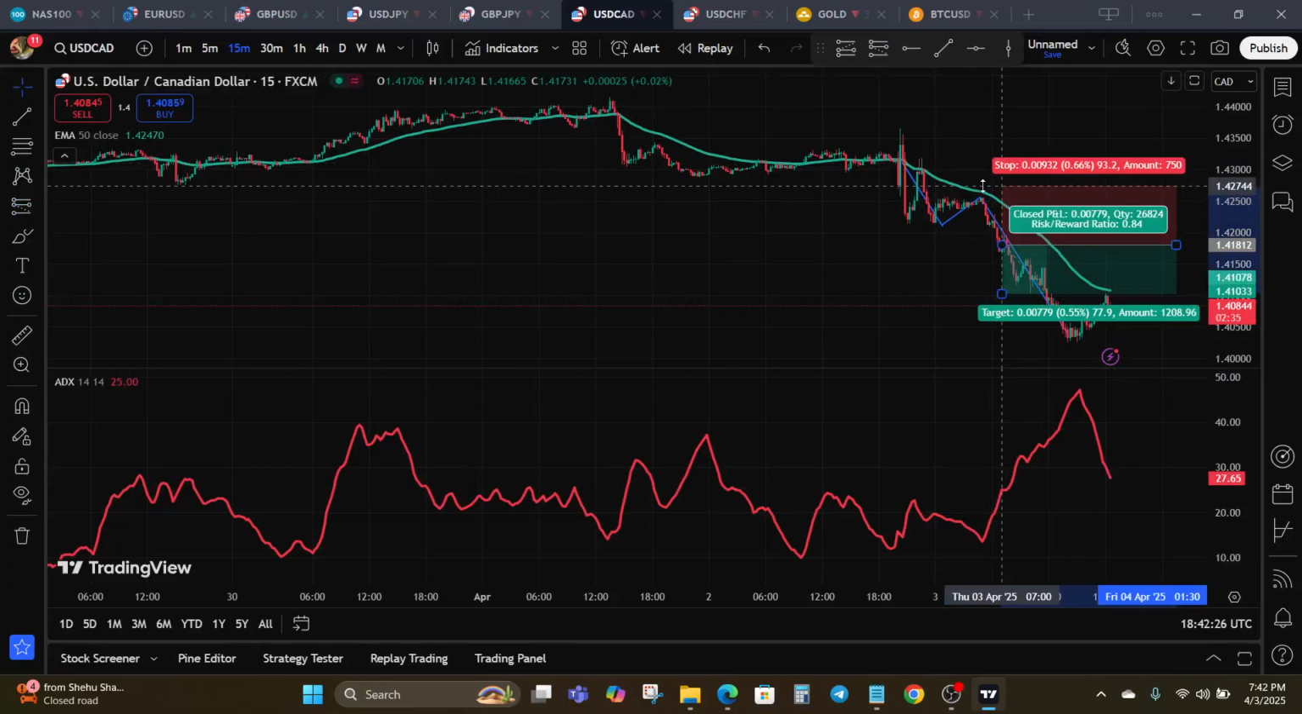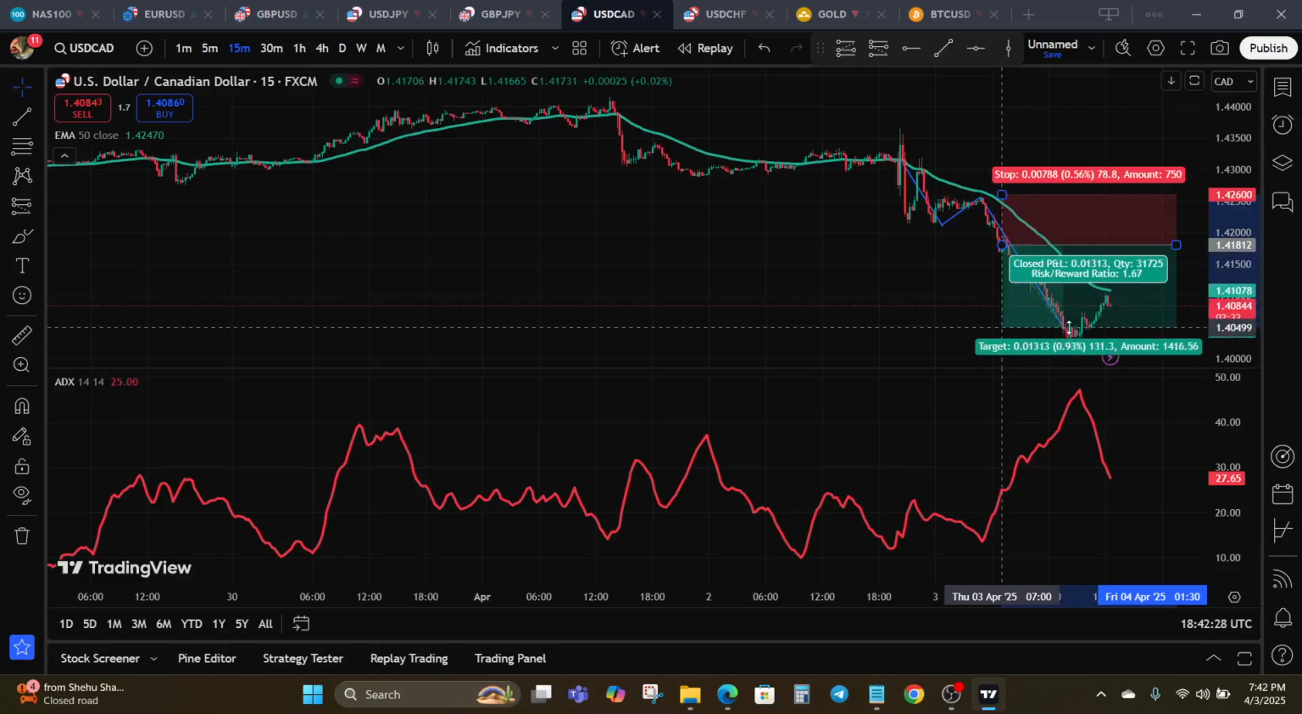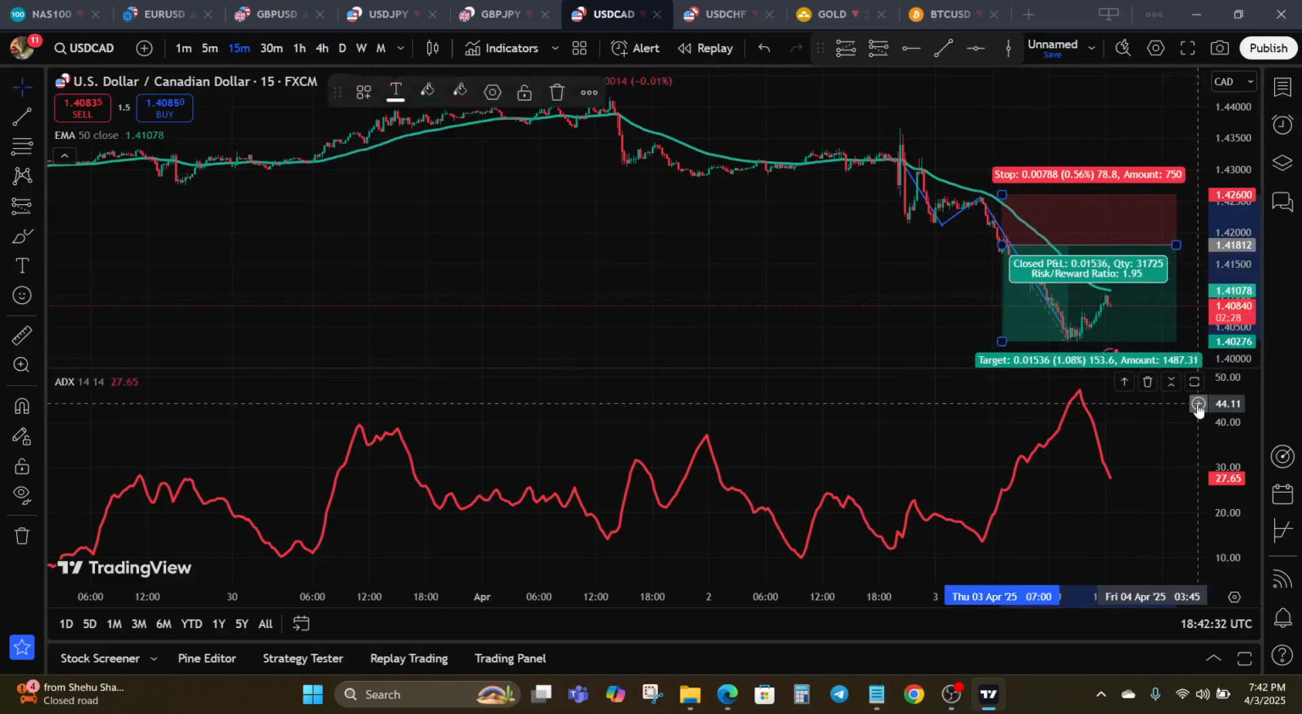Set stop loss above the previous swing high. Take profit level can be around support zones. You can see with a good risk to reward ratio. All right. So when you wait for price to retrace back to the EMA, it gives us a better entry point with